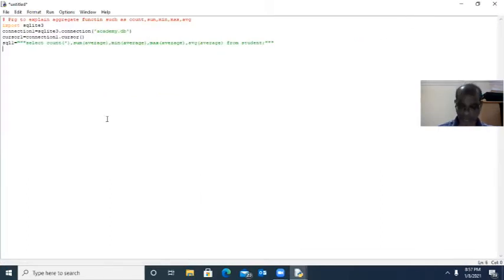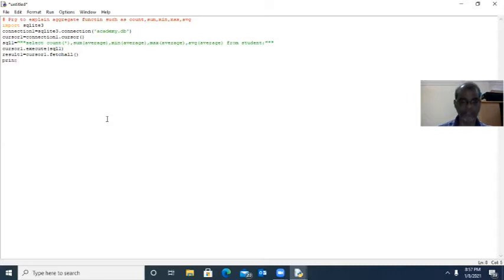Now this SQL statement should be executed. cursor1 dot execute SQL1. It returns only one record, as we already studied. So the aggregate function returns only one record that we have to get. result1 equal to cursor1 dot fetchall. Fetchall or fetchone you can give, no problem.